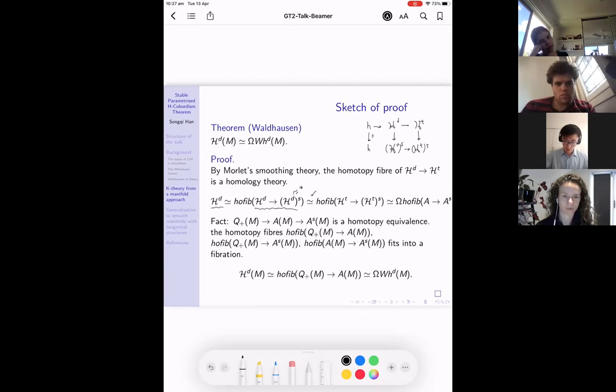We know this is going to be itself because it is a homology theory. So we know the homotopy fibers are homotopy equivalent. So this gives us the second homotopy equivalence. And the third one is obtained by just applying this excisive approximation to